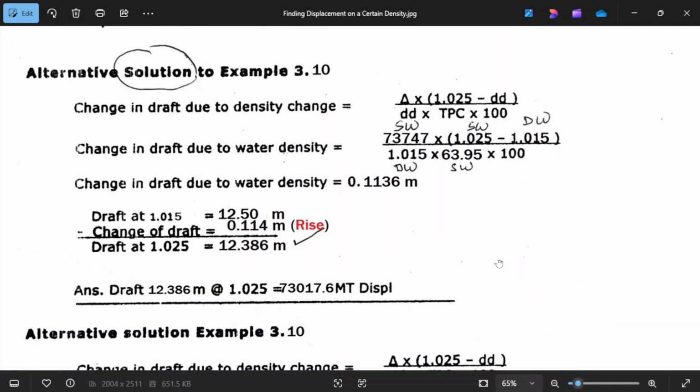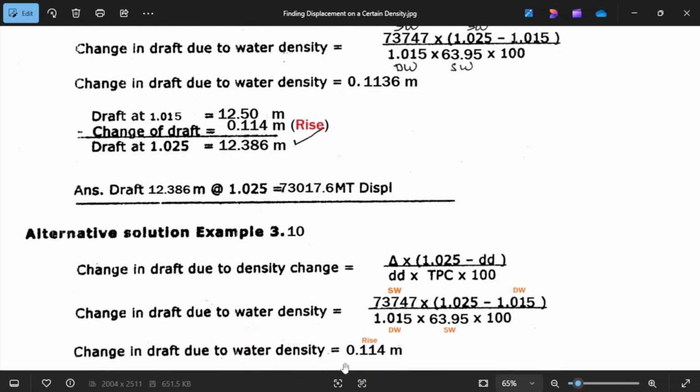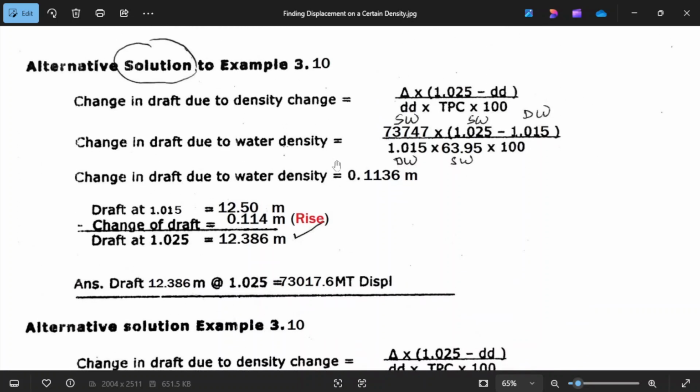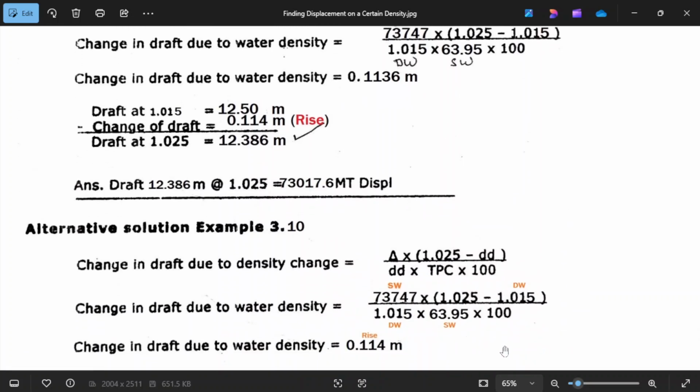Then this is another solution. This is the number 2 solution. This is the number 3 solution, the alternative. We still have to get the change of draft just like in the second solution, so we take the change of draft with the same formula here.